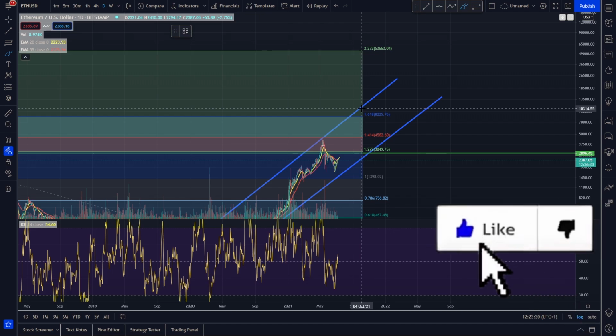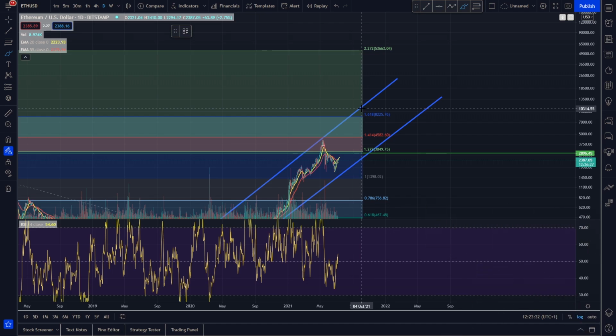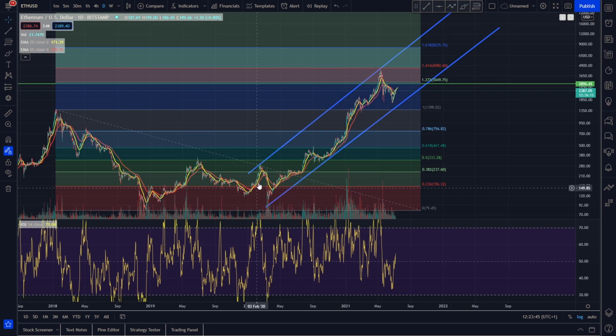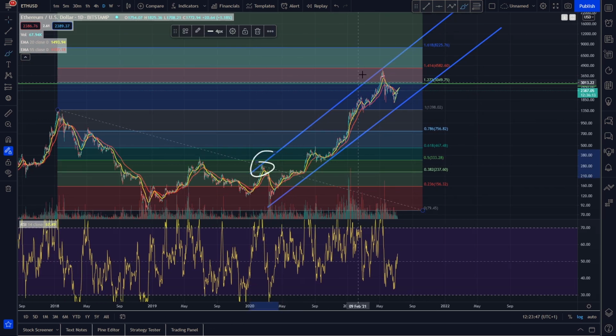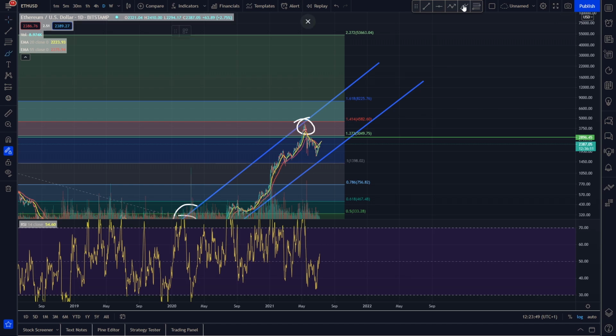We would say at least 10k by the end of the bull market, considering what we're seeing with the charts here. If the bull market's going to end in October, November time, we'd probably say at least a 10k Ethereum here. So you can see if we came up to the top of the channel again and got overextended as we have previously here and then cooled off, this happened here and it happened here. So if we had a similar thing happen again, we have a cooling off period, then the big run up, we could be looking at potentially at least a 10k Ethereum by the end of the year, probably like November, December time if this happens.